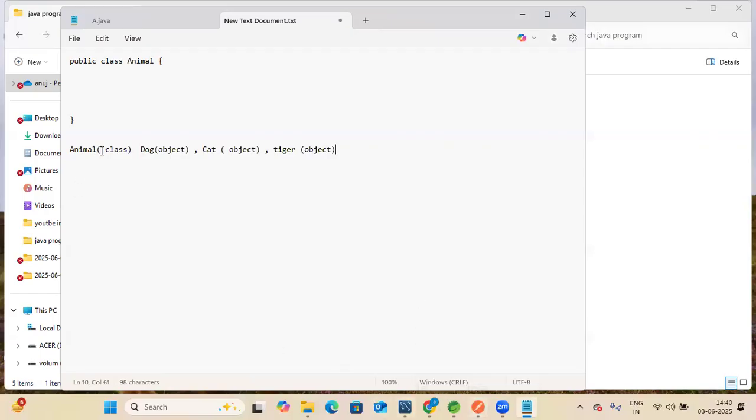So animal, a real world entity, is an animal. I want to put this into a programming language. For that, we have created the class of the animal. Okay, so animal is the class. Now, we have seen the definition: a class is a blueprint of an object. So what is the object of the animal class? A dog is one object, cat is one object, and tiger is